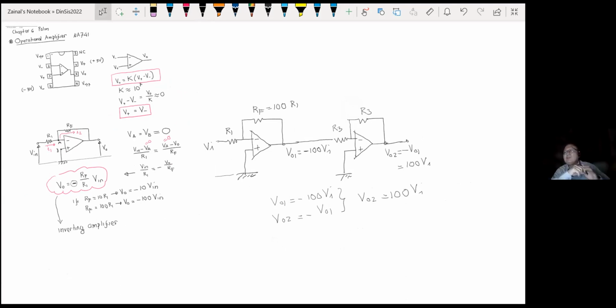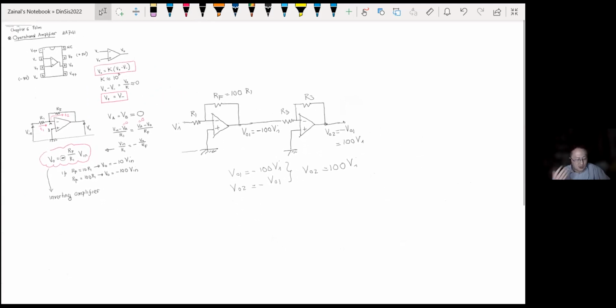So the first application of operational amplifier is to multiply signal. Small signal can be multiplied 100 times or 1,000 times, depending on your need. Any question? Is there anything you want to ask? Please, this will be very important later. Excuse me, sir, for the inverter, does the positive always go to ground? No, not always. This is the first example, an easy example. So the positive does not always go to ground. Okay, sir. This one is the simplest one. Any other question?